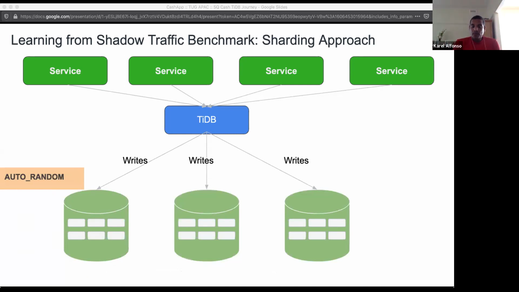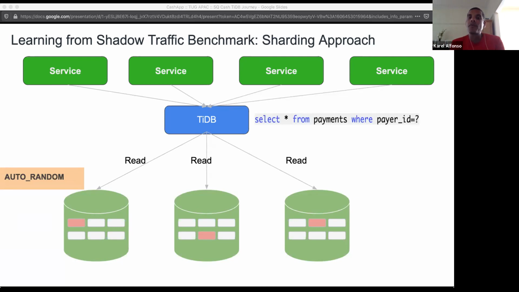So TiDB, at the time, we're using a 3.something version, and there was this option, auto random, which was experimental. And I think since version 4.0.3 it's now available, so it's not experimental anymore. What it gives you on the write path is that it balances out the primary key IDs across all the nodes in the cluster, which is very great. It's good for the write path. The problem is what happens when you try to read the data.